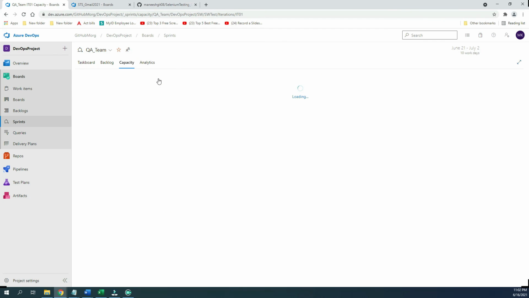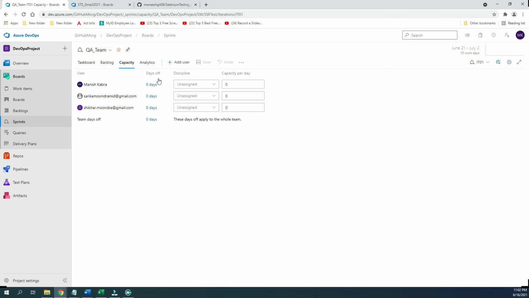After that, based on the team members you have added for the QA team, we can define the capacity planning for them based on their leave plan or the holidays we have. In the QA team, I have added two members, and in the dev team two members.